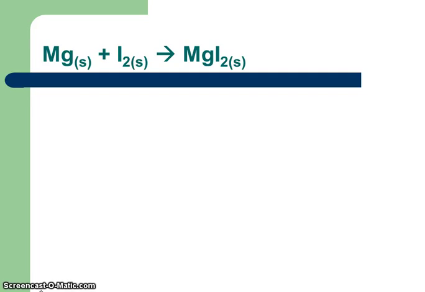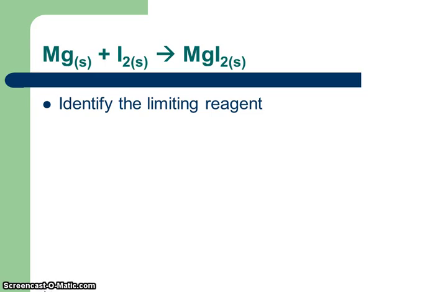Let's say that we have magnesium reacting with iodine to produce magnesium iodide. It's a synthesis reaction because we have two elements forming one compound. It's also a balanced equation because we have one magnesium, two iodines, two iodines. So we want to identify which is the limiting reagent or the limiting reactant in this particular reaction given different